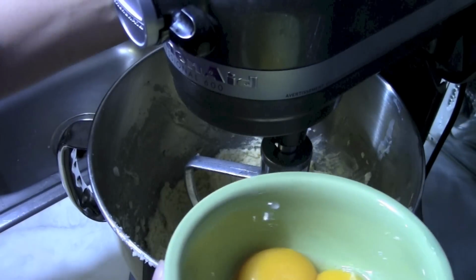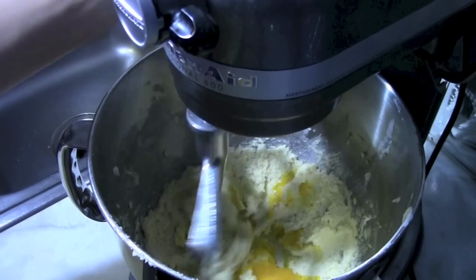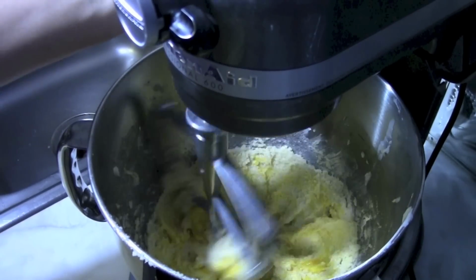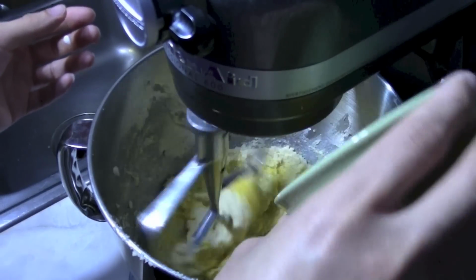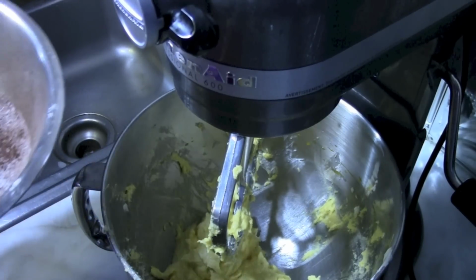We're going to go ahead and add in 1 yolk at a time. And we're going to scrape in between each addition as needed, or right at the end after we get them all incorporated. Now when you're incorporating your egg yolks, you don't want to wait until they're completely incorporated before you add the next one. Okay, so once you've scraped the sides of your bowl after adding all your yolks,